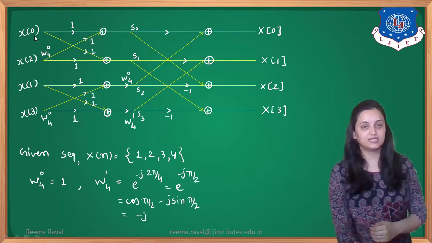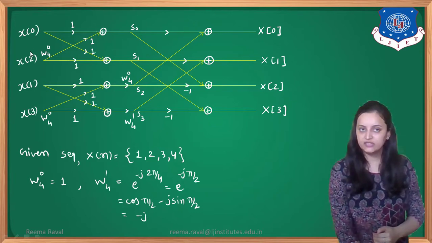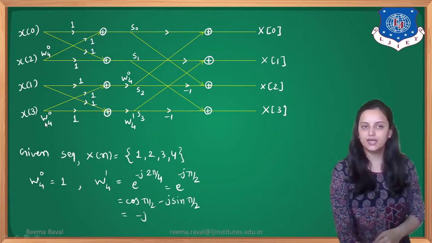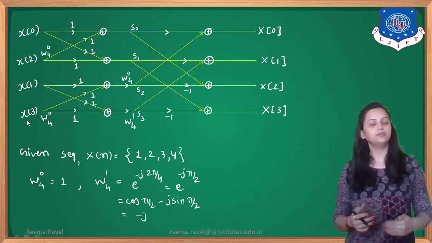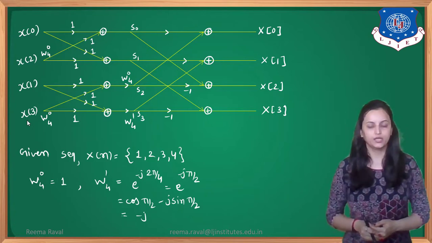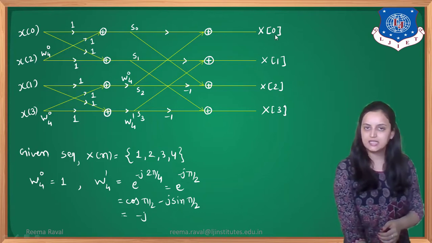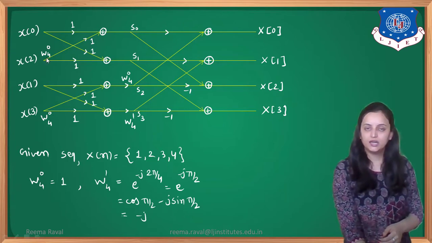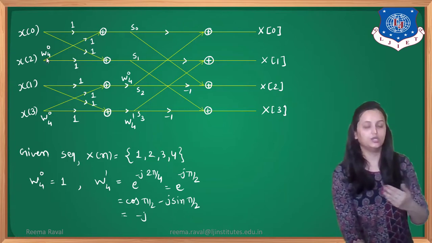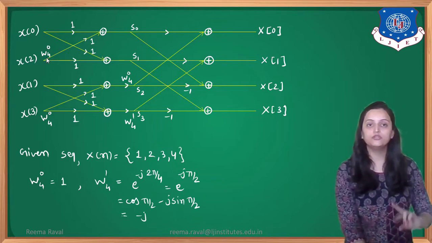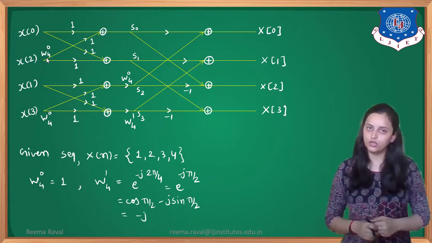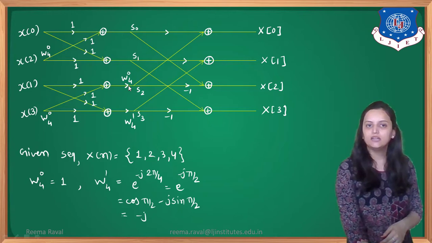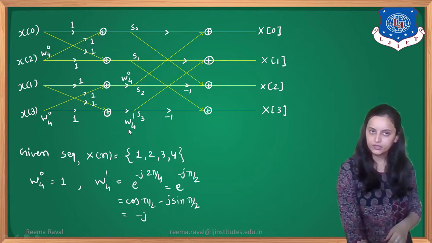Input sequences are to be placed like this according to even and odd values. That is, even values are placed first. So x of 0 and x of 2 are to be placed first, and x of 1 and x of 3 are placed at the last. The same logic which we have seen for the 8-point DFT. Okay, and output will be in order, that is x of 0, x of 1, x of 2 and x of 3. Now here the input which we had in the previous session was W8 0, but here it will be W4 0. Why? Because we have 4 inputs only. So for that logic here we will have W4 0, W4 0, and here we will have W4 0 and W4 1, right?